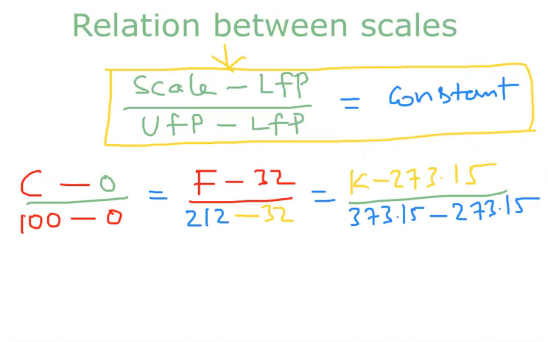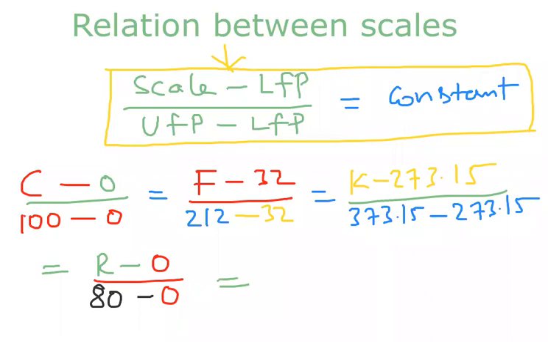Now let us equate the remaining scales also. Now the Reaumur scale: I write R minus 0, with the upper fixed point as 80 and the lower fixed point as 0. So in the Reaumur scale, R minus 0 by 80 minus 0 is equal to